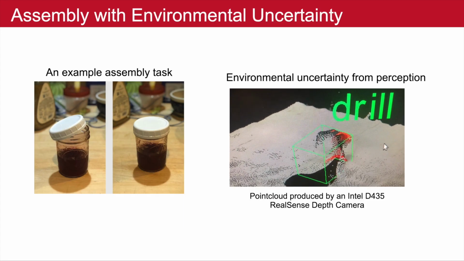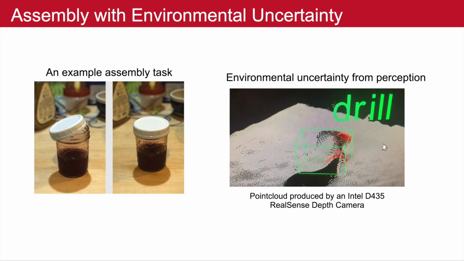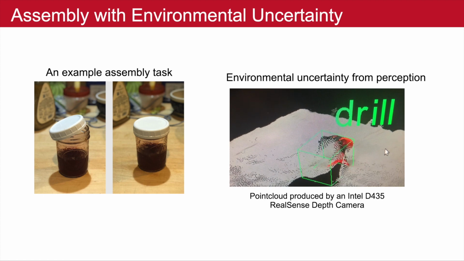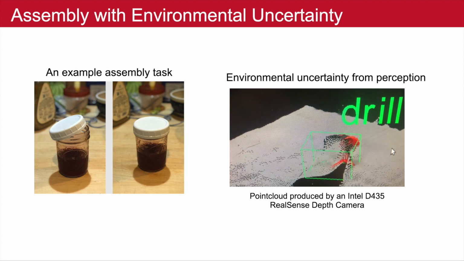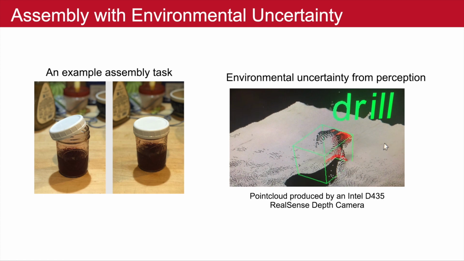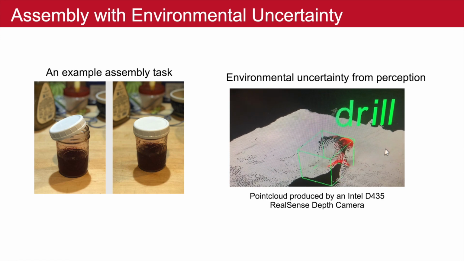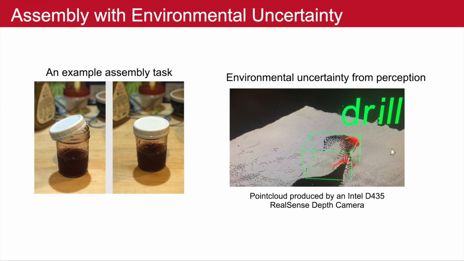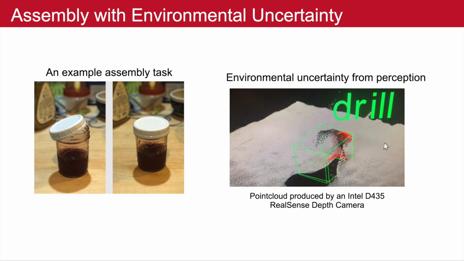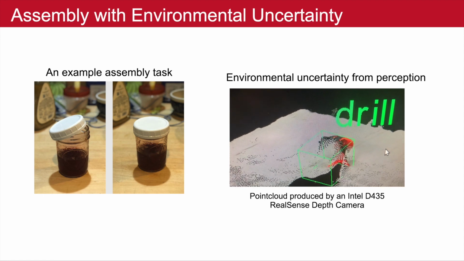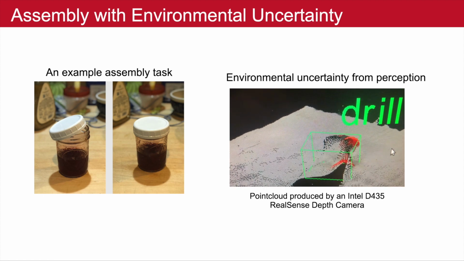Assembly tasks are common outside of structured factory environments. For example, consider the task of screwing on a lid to a jar, as shown on the left. This household assembly task illustrates the requirement for tight tolerances, as if the lid was slightly off-center, one could not complete the task without repositioning it. This example also illustrates the contact-rich nature of the assembly task, as completing it necessarily involves contact between the jar